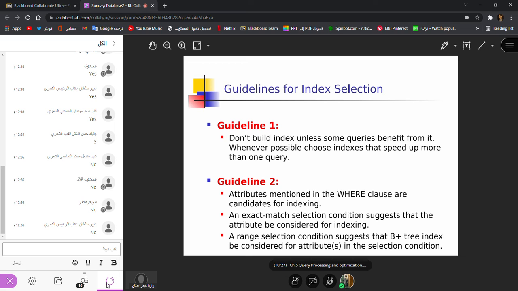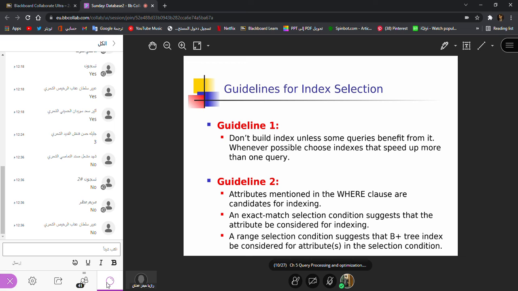Name is also a field, GPA is also a field, ID is also a field, but I chose the GPA. Why? Because it was written in the conditional where clause. So they are saying to try to choose fields for indexing which are written in the where clause.